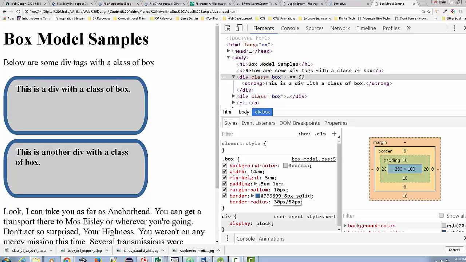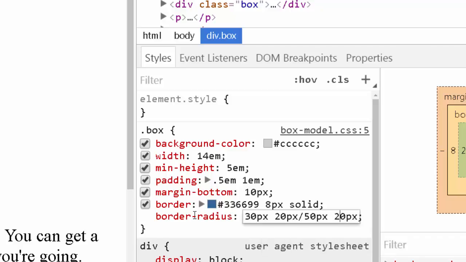So you can play around with this border radius, and you can even do this, where we do a mix and match. And I think what we have to do here, let's see if I'm right. We'll do a 0. Yeah, I am right. Okay, notice what happens. That 0 forces it. If anything's 0, it cannot be rounded at all. And so if I do 10 pixel like so, and I did 50 and then 10 pixels, let's make it 20. And 20, you see what's going on here. I mean, we could do some really odd shapes just playing around with the border radius alone, giving it different